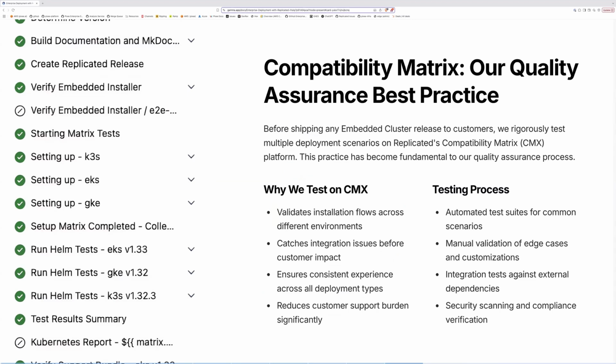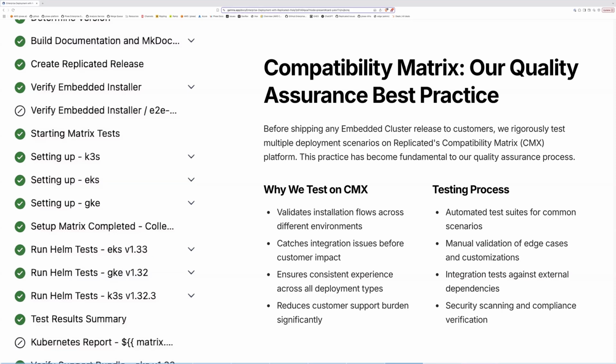Every deployment that we create, every release that we create goes through a workflow. And there's a screenshot here of a portion of our GitHub workflow-based CI pipeline that takes our release. It uses the compatibility matrix to deploy our release there, install it. We run some support bundles there to make sure our integrations are working. And then we have some manual test cases that we also can